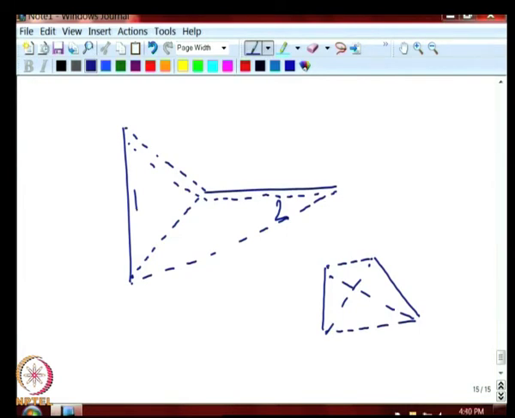So, you saw in this class that a combination of triangular enclosure results and symmetry and first law reciprocity all helps you to obtain shape factors for various simple geometries, but in case it is not possible, of course, you have to resort to actual integration. But today there are lots of data available both in many books on radiation transfer, as well as you can search the internet for data on shape factors.